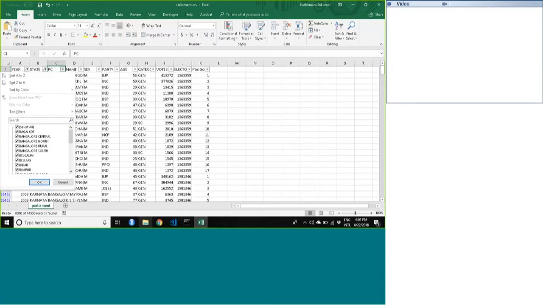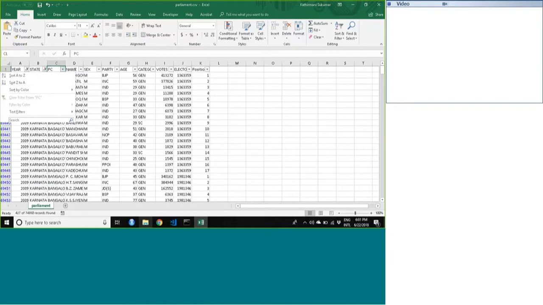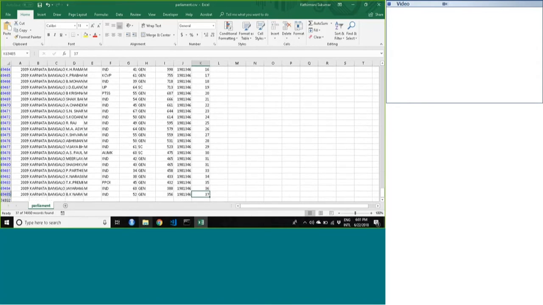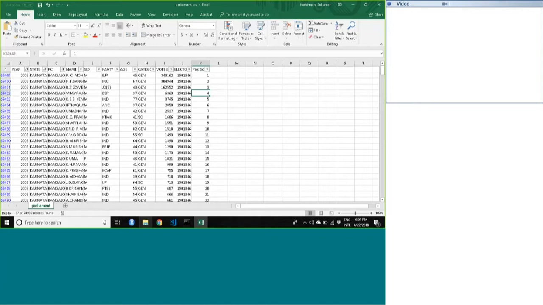And within Karnataka, what is the constituency name? Let's say I want to pick Bangalore. Let's take Bangalore Central. So for the year 2009, for the state Karnataka, for the PC Bangalore Central, totally 37 candidates contested, and their winning position is also there in the last column called position. Their individual names are available, the individual gender, party to which they belong, age, category, how many votes they have secured, and what is the total number of people who are eligible for electing or casting their votes is